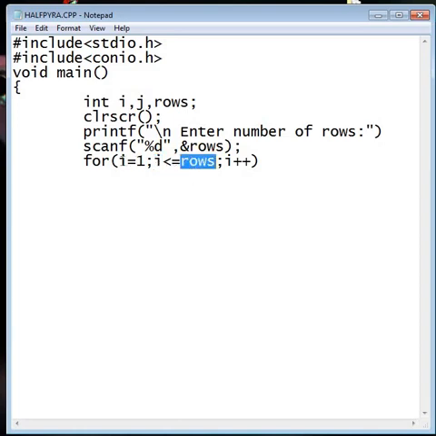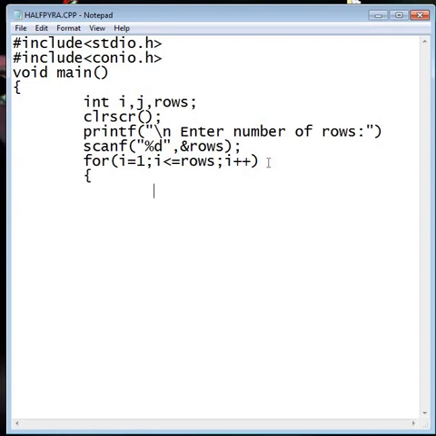So the value of i is initialized by 1. After each execution the value of i will be increased by 1, and each time it will check whether the value is less than or equal to rows or not. Depending on the condition, the loop body will be executed.